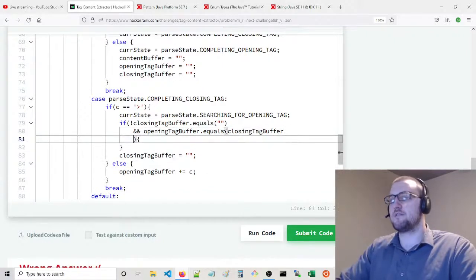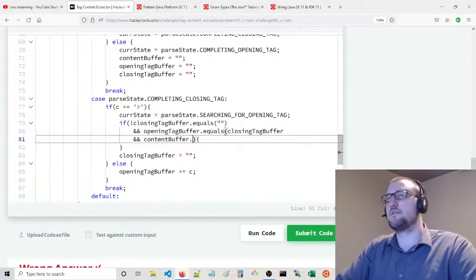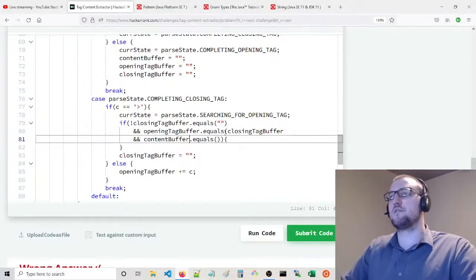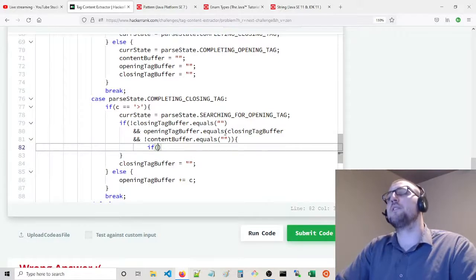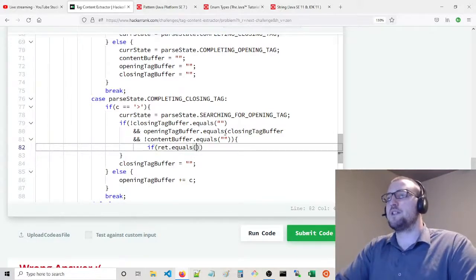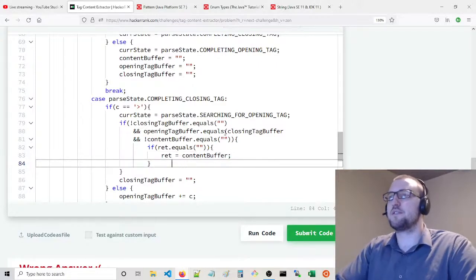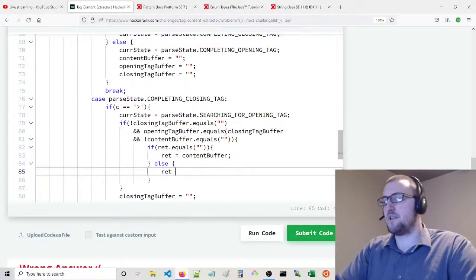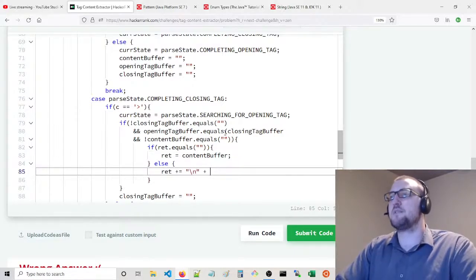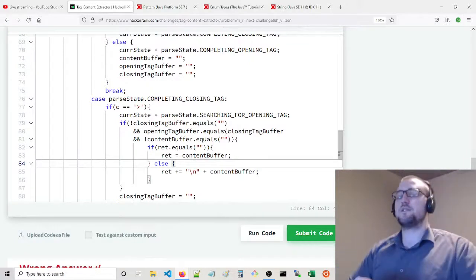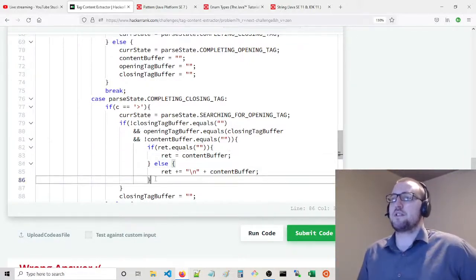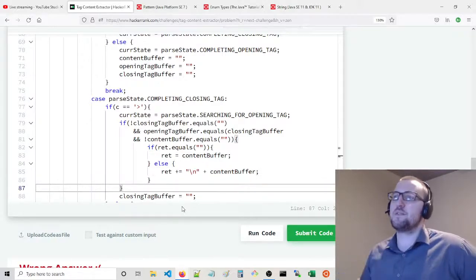and the content buffer is not empty, then we're going to say if ret is empty, then set ret equal to the content buffer. Otherwise, append to ret a new line character plus the content buffer. So the first thing we set ret to is just the content buffer. It won't have a new line, and then all the things that come after that, we'll put them on new lines. All right, that's the logic when you find a closing tag, and you complete the closing tag, and then